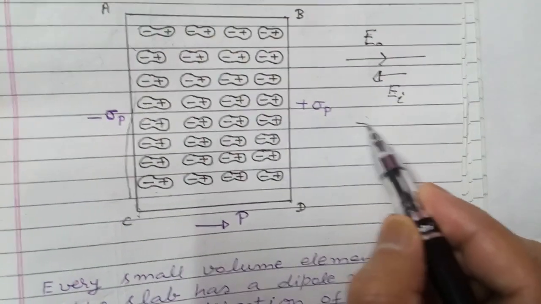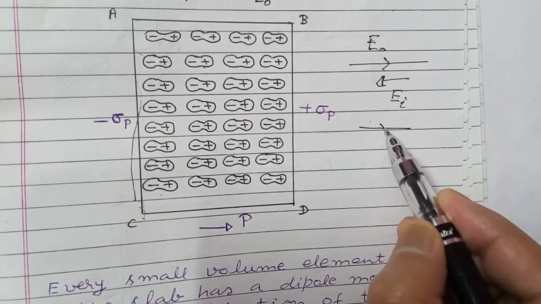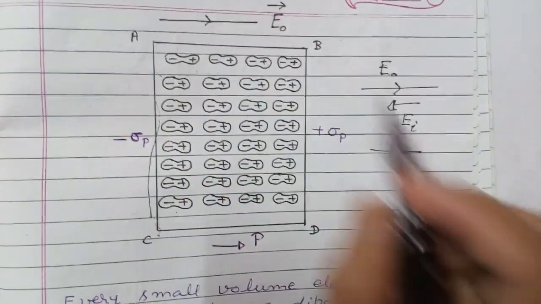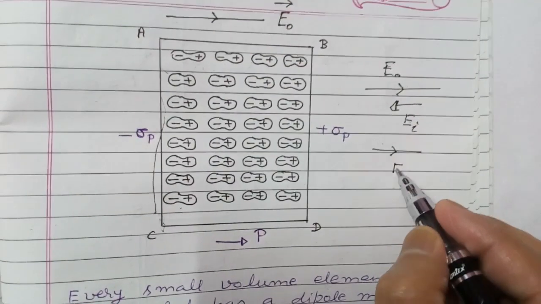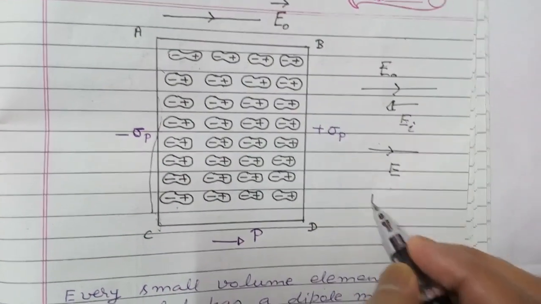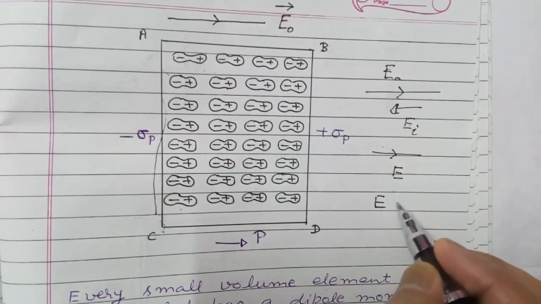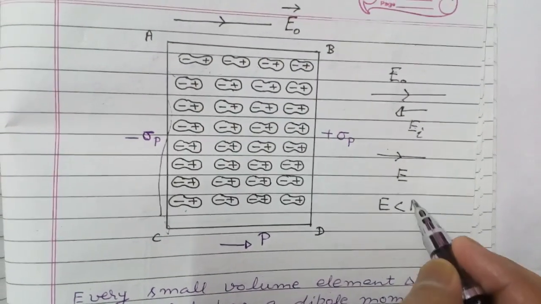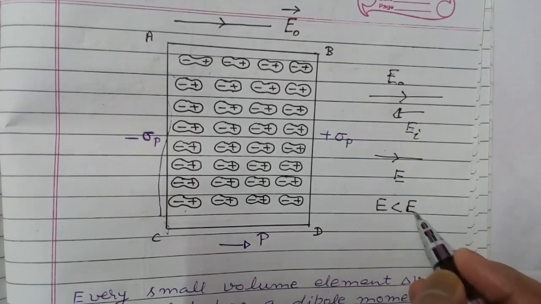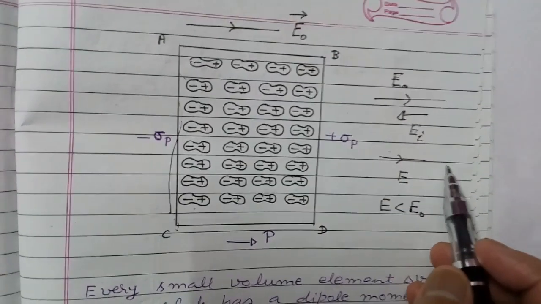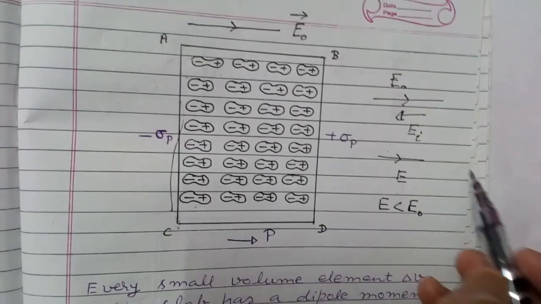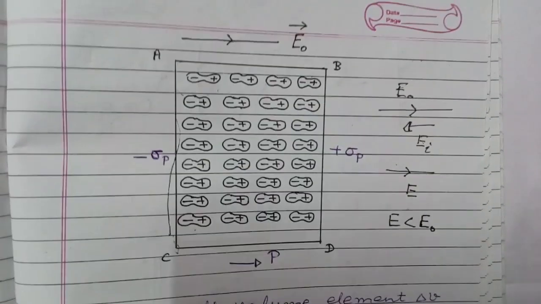Now direction of net field is in the same direction as direction of external field, but its value is less than external field. E is less than external field. So by keeping the dielectric slab inside the parallel plate capacitor, field inside the dielectric slab is less than the